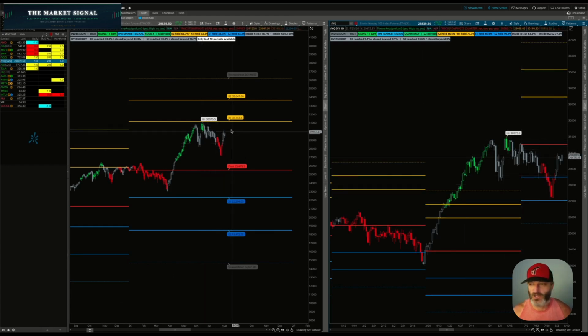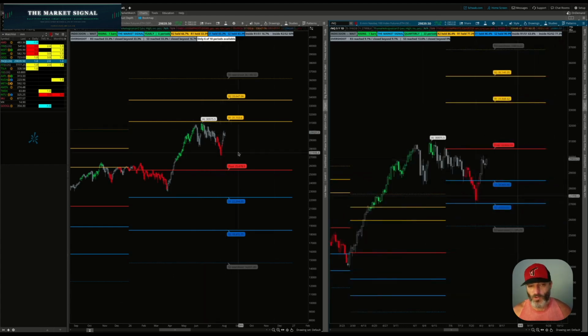Where are we now? We are kind of in no man's land, except you kind of have a left shoulder, head. Is this going to make a right shoulder to look higher? Inverse head and shoulders, possibly. Well, the possibility that I would look for is if we break above 30,505, why would I be bearish?